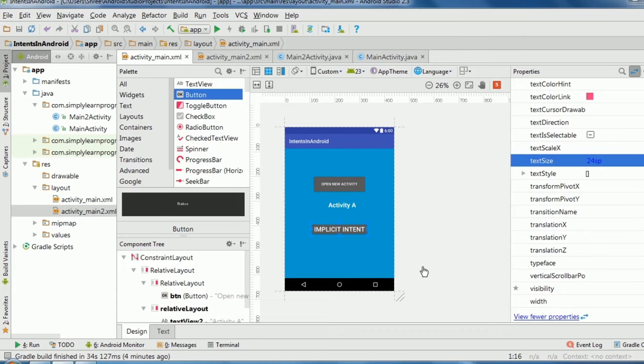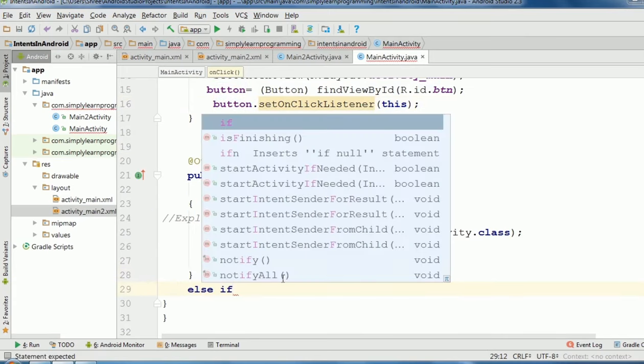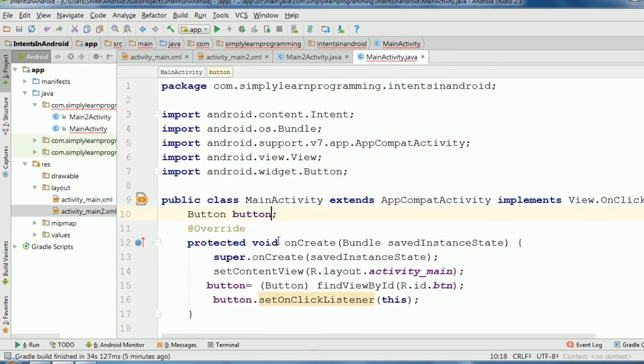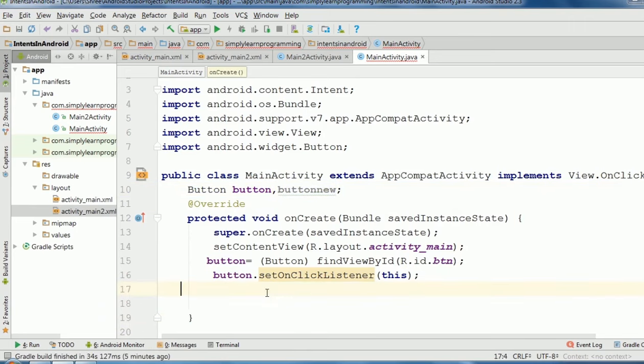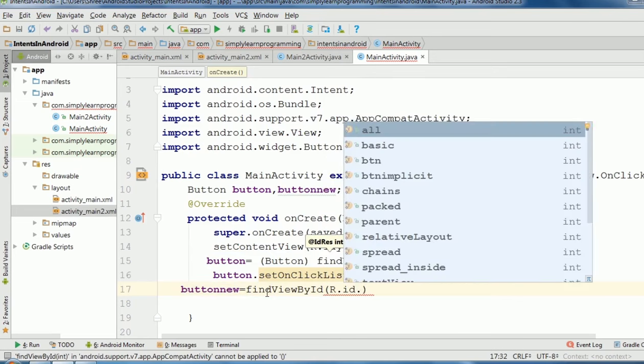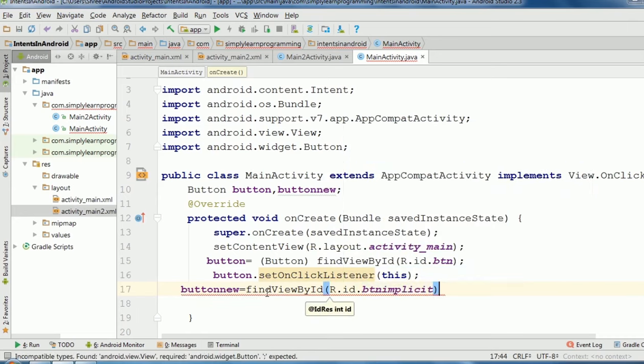Now in main activity.java we add else if, add a variable for the new button, then assign the findViewById method to the button variable, and R.id dot, we set the id of that button, btn implicit, semicolon, and typecasting.